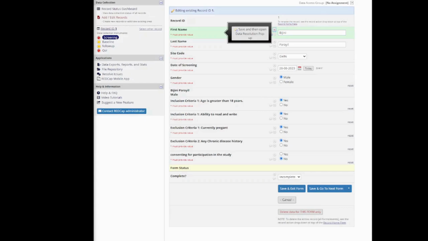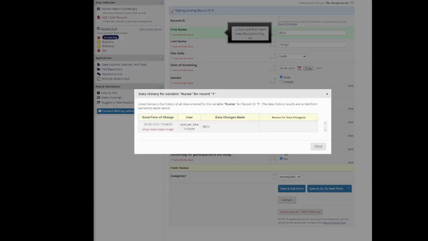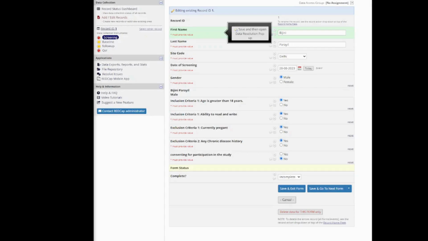The H icon is the audit trail history. Now click on it. It will show you what data has been entered. I have closed the query, but I have not made any changes. So when the data has been entered, by which user, and what is the data that has been entered is saved here. Now if I want to change the data, I am changing the data, I am making it as test